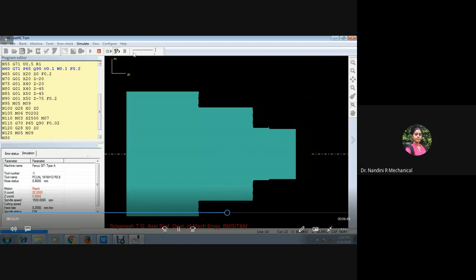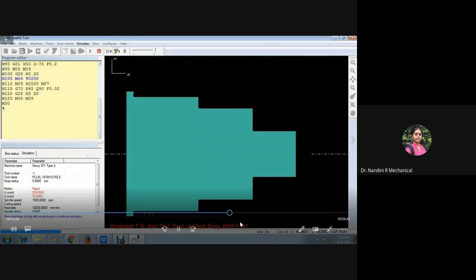So if you stop the Simulink and make the Simulink on again, the same thing could be repeated any number of times you want to show it. Since it is a first program, sir has been showing the simulation twice. So every time you click here, you can opt for the next tool and see whether the operation is working properly or not. And now the smooth finishing has been started.